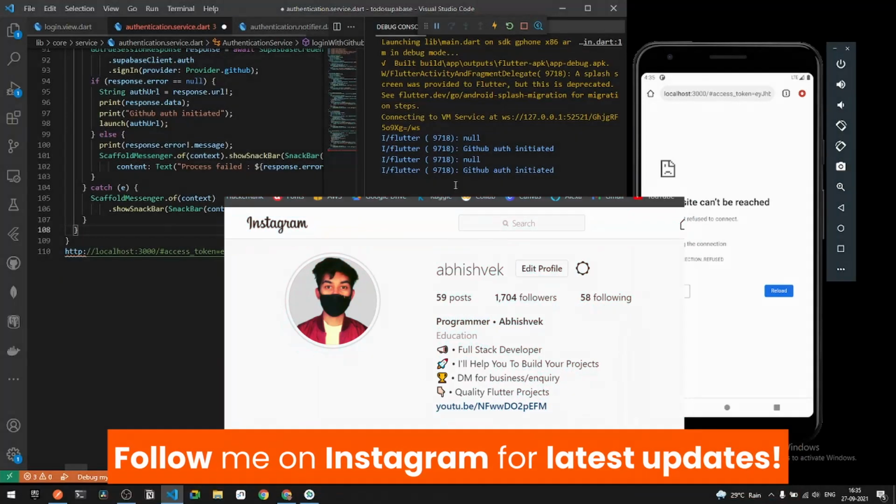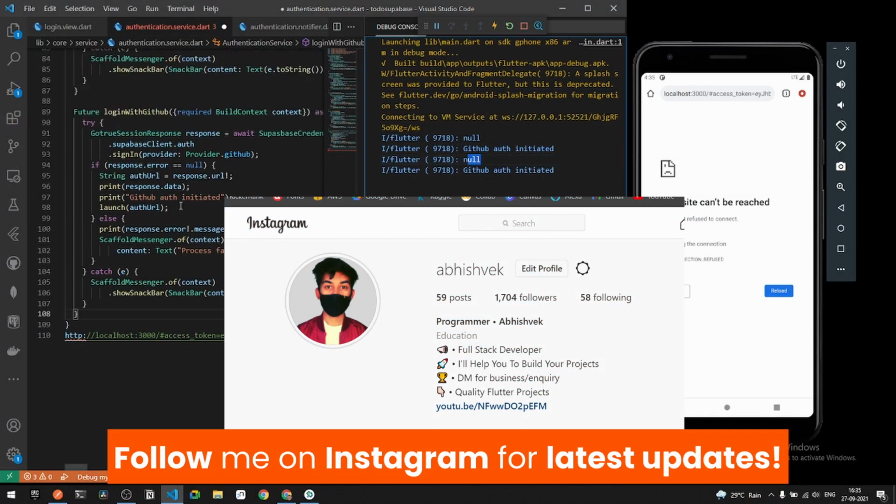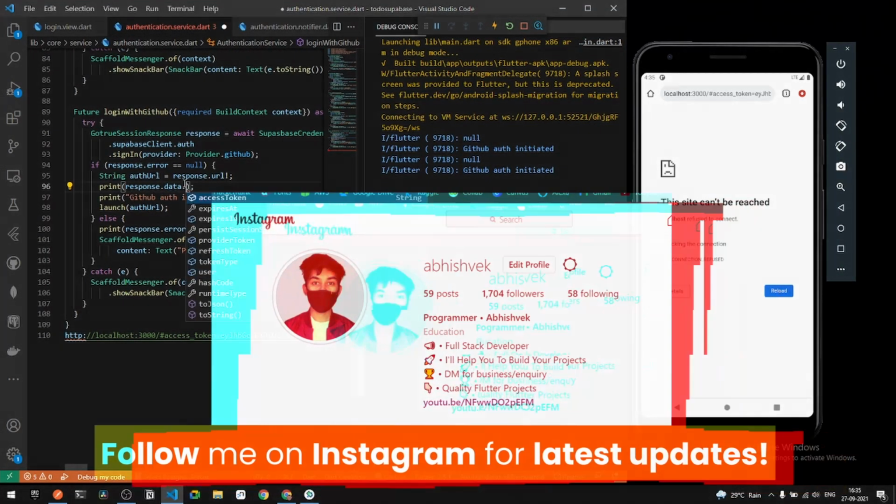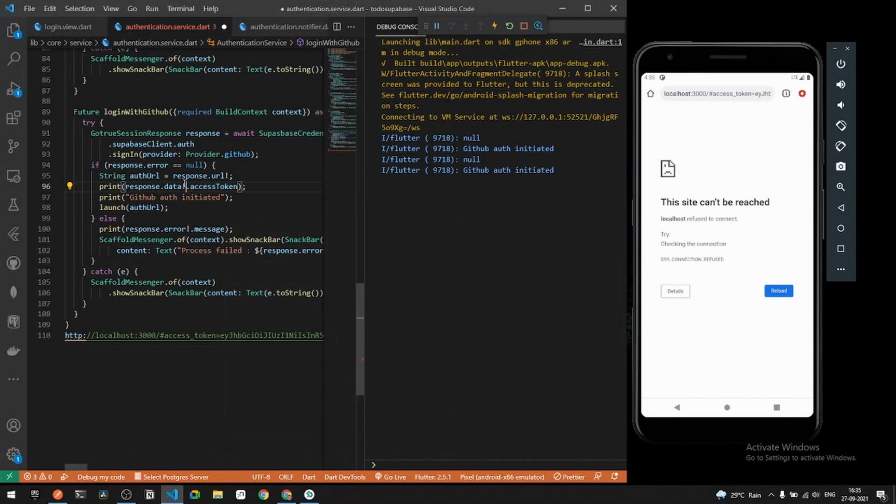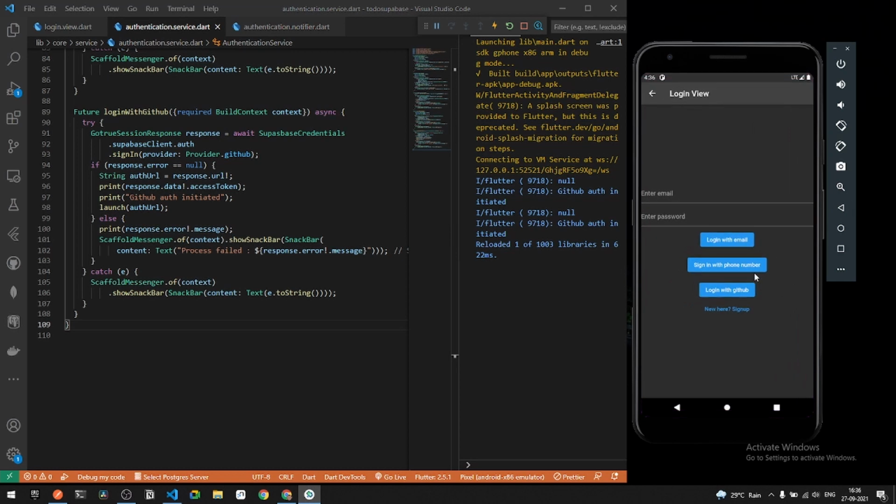Now if I open my entire tab, you can see I will be still getting the following data to be null. If I say here access token, and if I say add this thing, you will be getting a message of null error. And if I simply go back one more time and if I say login with Gmail, you will be getting the null check operator used on null value. This might be a bug under Supabase for today's date. I don't know about tomorrow, but today there is the following bug here, that the following data doesn't give us any sort of data. So this was all for today.